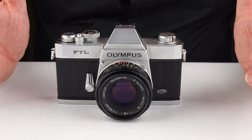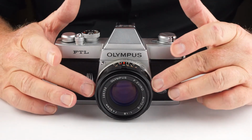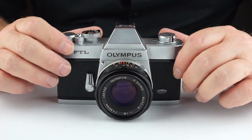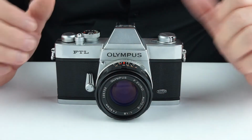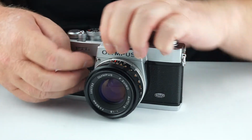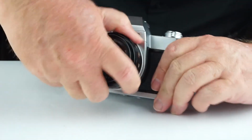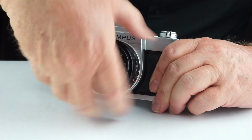Now, a little bit about the camera itself. It's fully manual, and it's an M42 thread mount. So unlike the Pen and the OM after it, which were both bayonet mounts, this actually had a screw mount. And if I may push this little button in and I'll unscrew the lens,